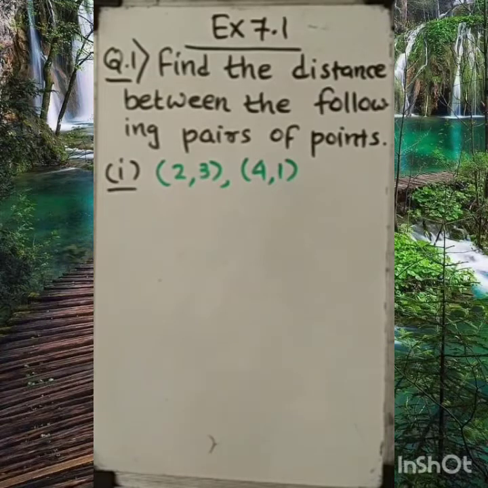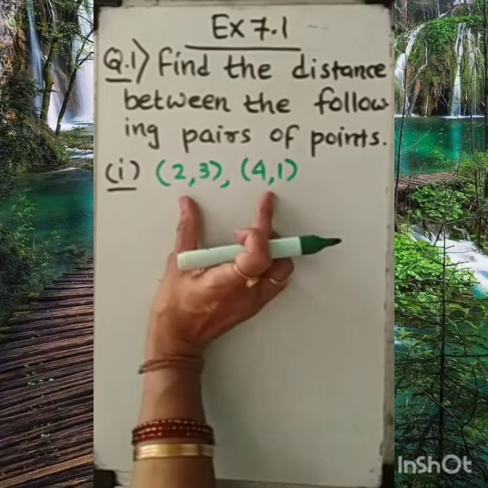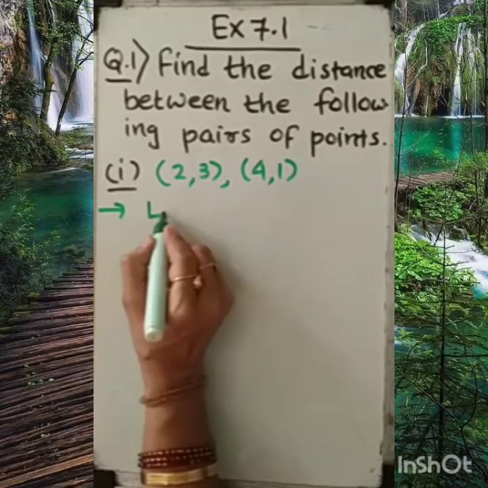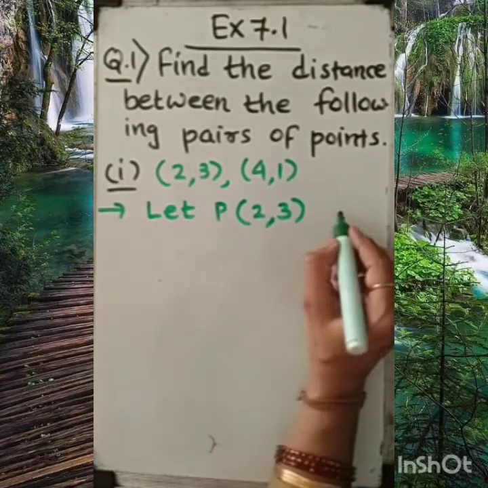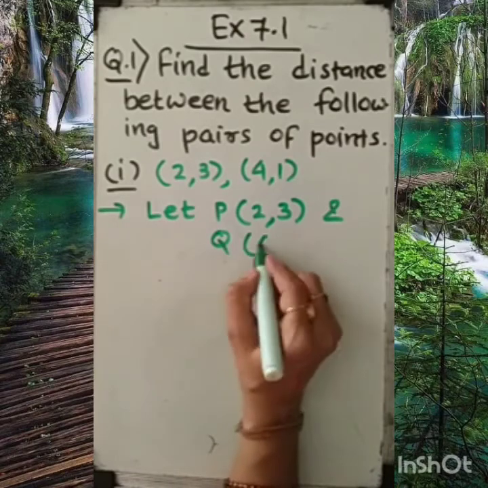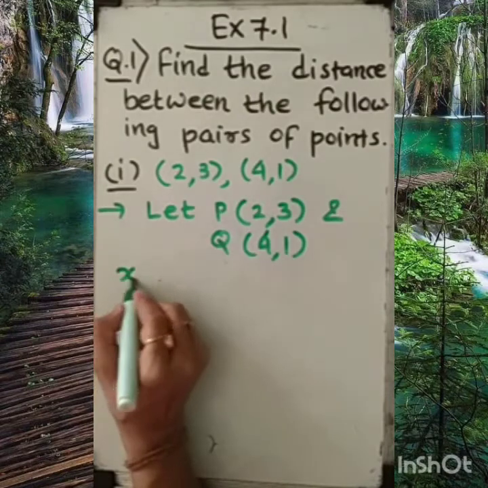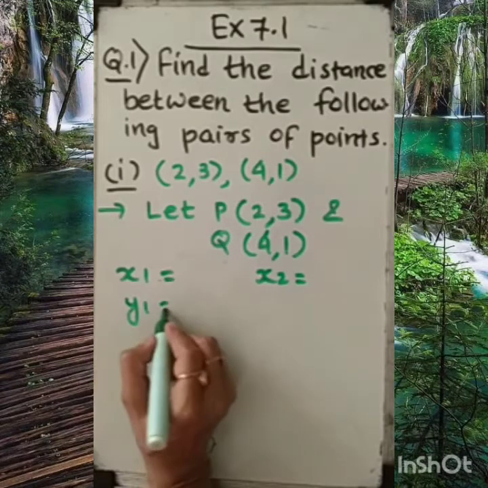Clear? Be a keen observer and use your common sense side by side. We need to find the distance between 2 points on a Cartesian plane. So what should I do? As you are a beginner, in the beginning I need to say you need to assume. Let the first point be P and the other point be Q. Clear to you? Now, how to compare? Very simple. There is x1, x2, y1, y2.